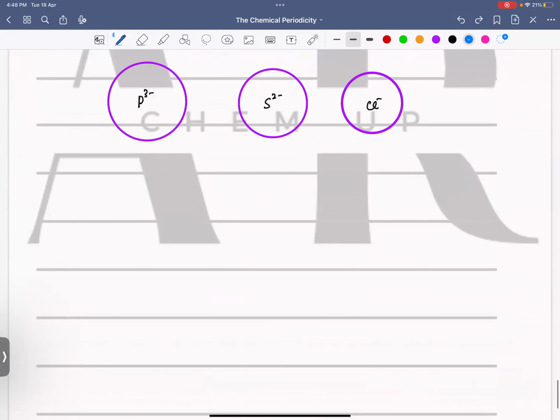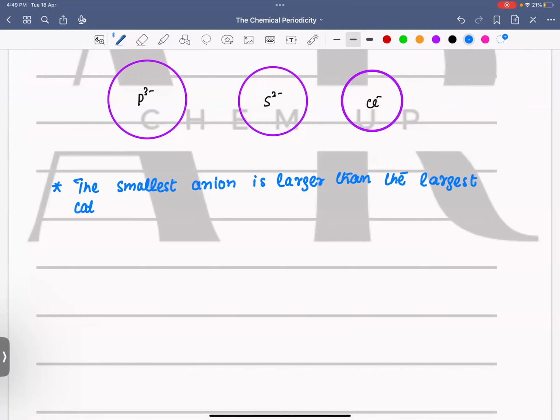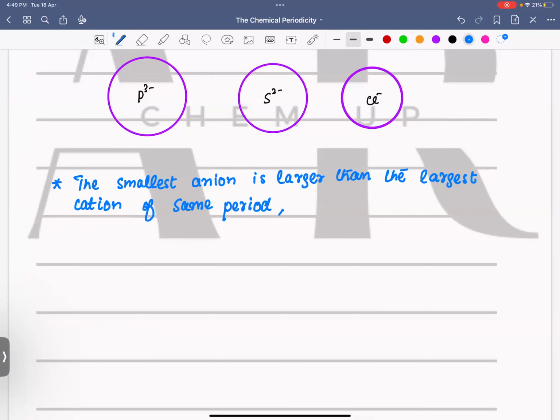So in the other way, we can say that the smallest anion is larger than or bigger than the largest cation of the same period. And it is because of